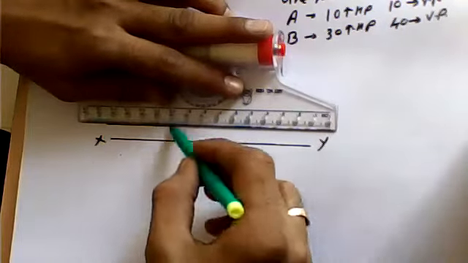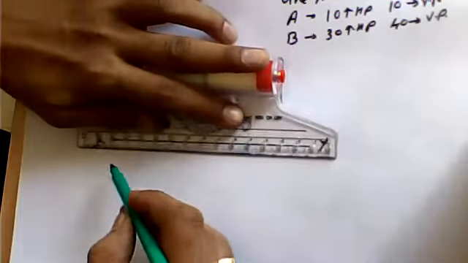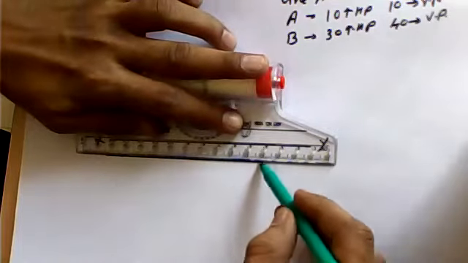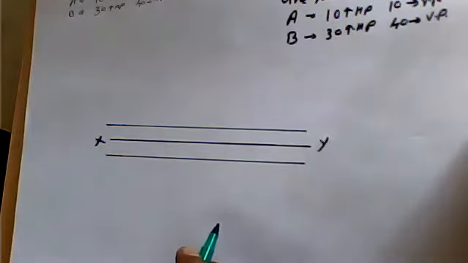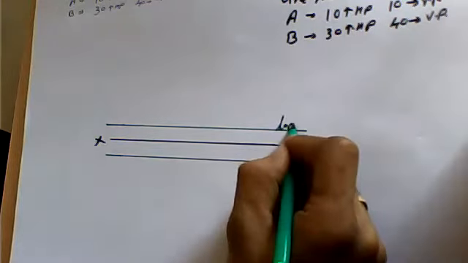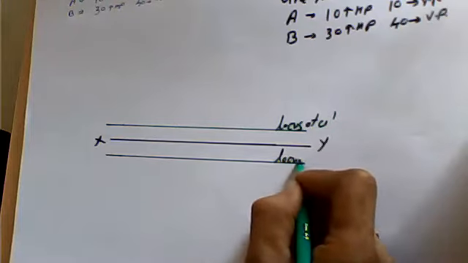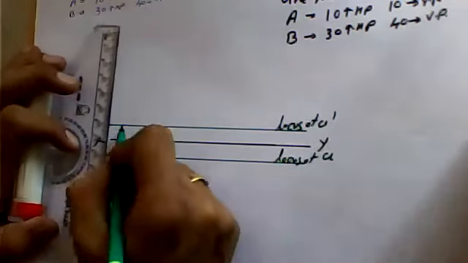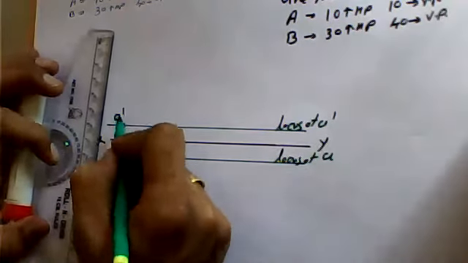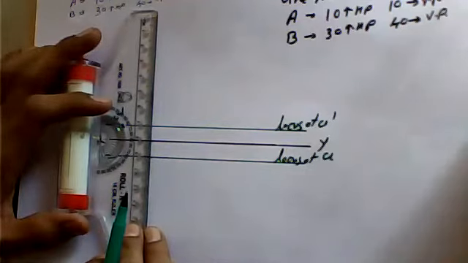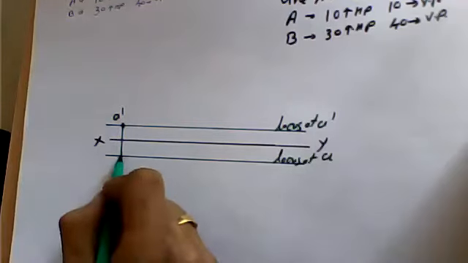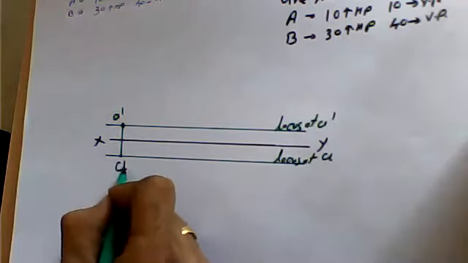This particular line is going to represent the locus of A dash, and this line is going to represent the locus of A. We need to mention the positions of A dash and A also. So this point, if it is called A dash, we need to draft a vertical line which will intersect the locus of A. Where the intersection happens, that point we will call A.